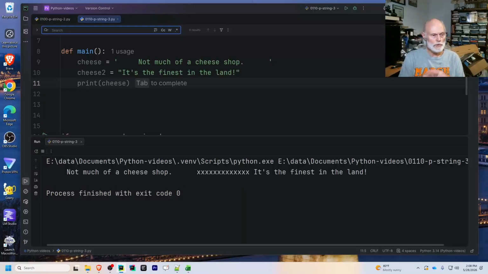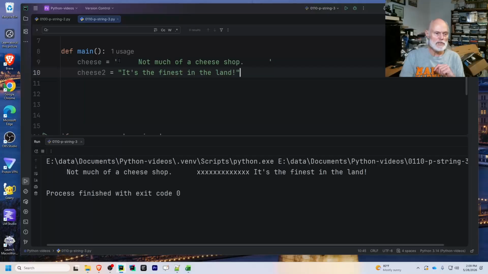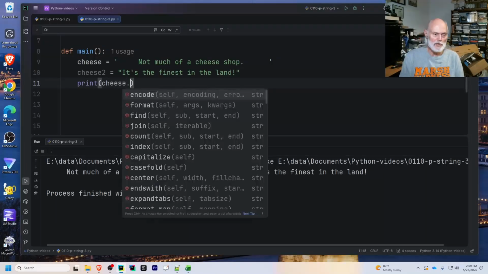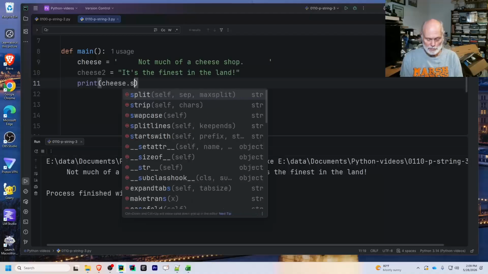As we continue looking at some of the methods for working with strings, I have a couple of strings, and if you notice, cheese has a number of spaces before and after the actual text. We're going to use that to see how a couple of these methods work. And rather than store them in a variable, I'm just going to use them in the print statement. So if I say cheese dot strip,